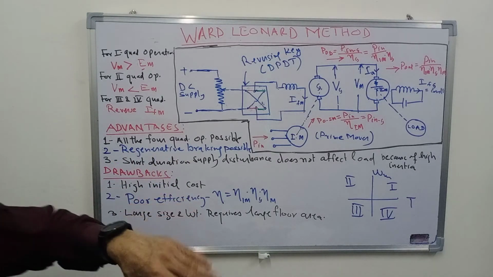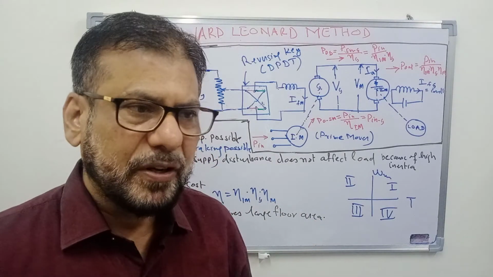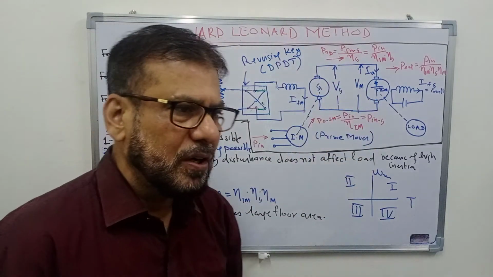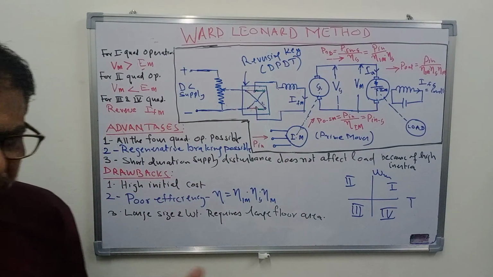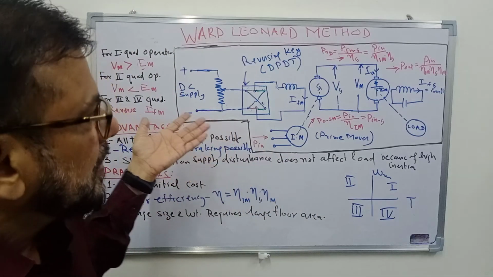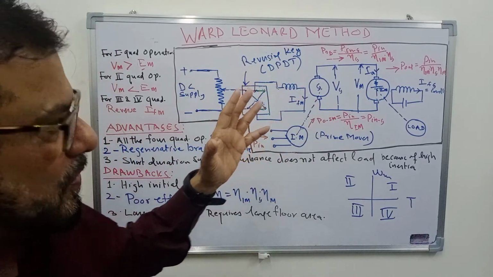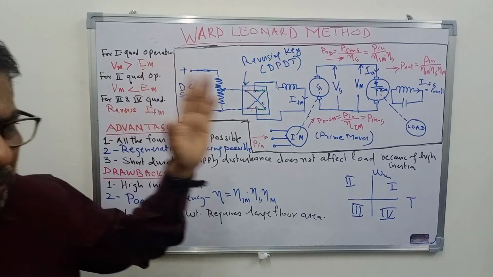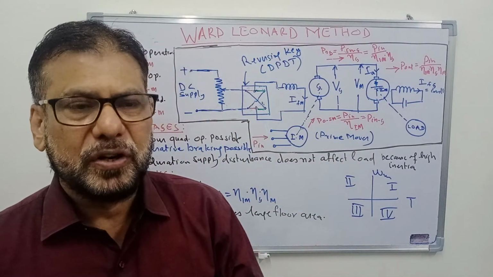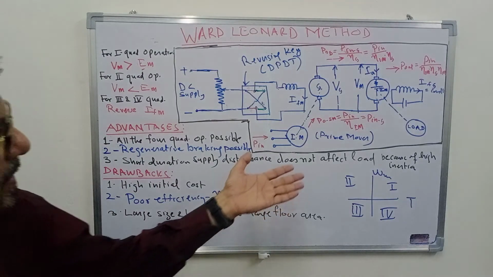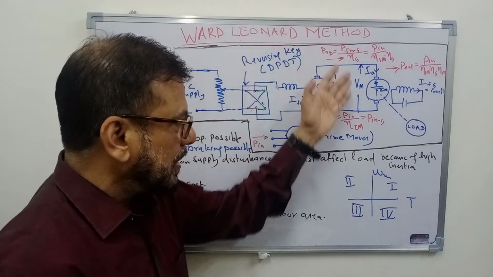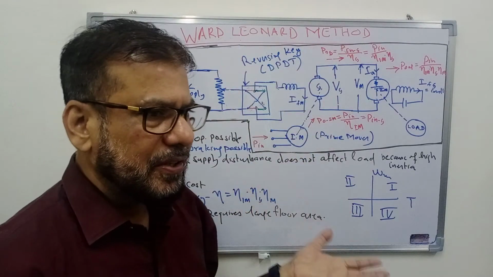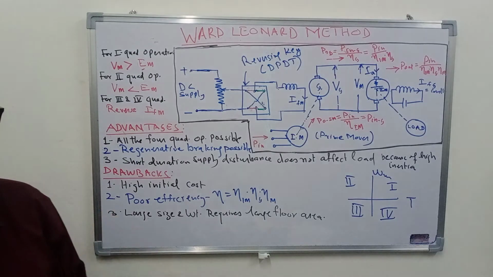But after the advent of power electronic converters for high power applications, this has been replaced by small converters which are thyristor based, which directly convert AC into DC. So these schemes which nowadays we use by using a control rectifier are known as static Ward-Leonard schemes. So this you can say dynamic, or you can say moving parts are there. These are replaced by static devices, that is power electronic converters.